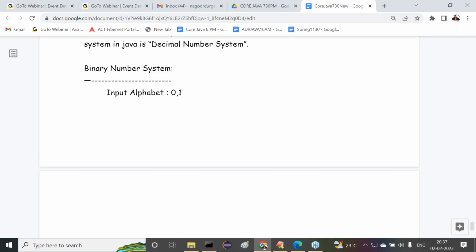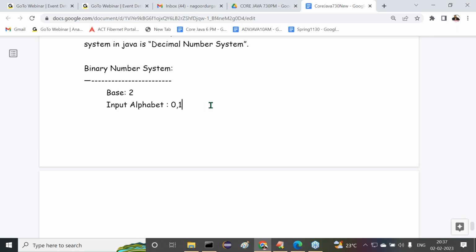That means we are going to prepare numbers with the symbols 0 and 1. And its base is 2. The base value for binary numbers is 2, in the sense of 2 input data, 0 and 1, and multiples of 2s.